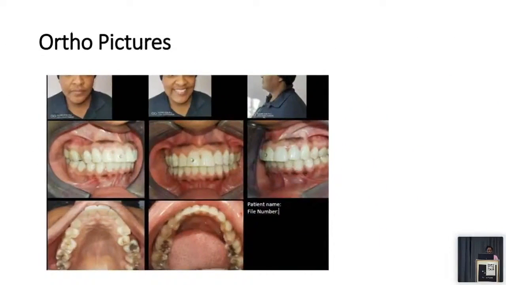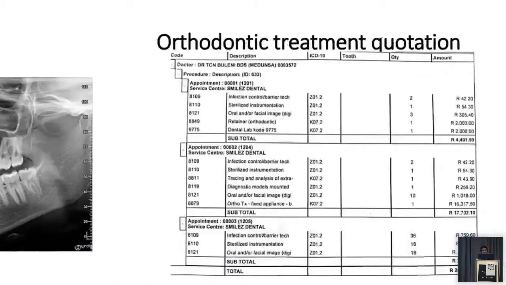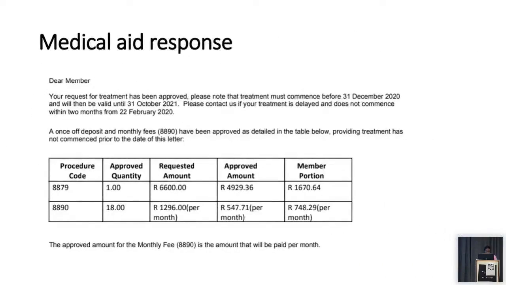Obviously, you take your pictures, you collage them, you send them to the medical aid. It's also part of your records where you file it in. You can compare when you started the treatment and the last day of treatment, what you've achieved, so that the patient can remember where they come from. Sometimes on month number 3, the patient will tell you, but I don't see a difference. Then you pull up this picture, and they're like, oh, then you know. So it's very important to have these pictures. The radiographs, we all know about them. And then back again,